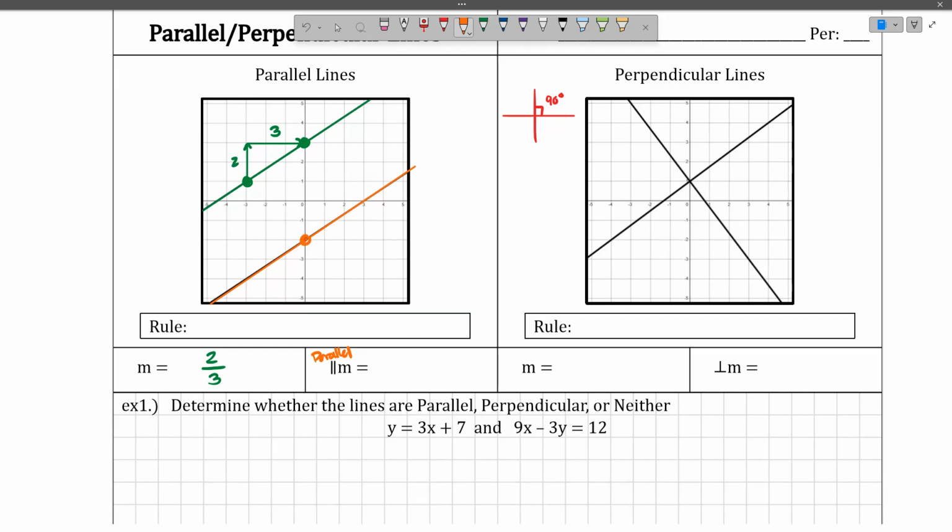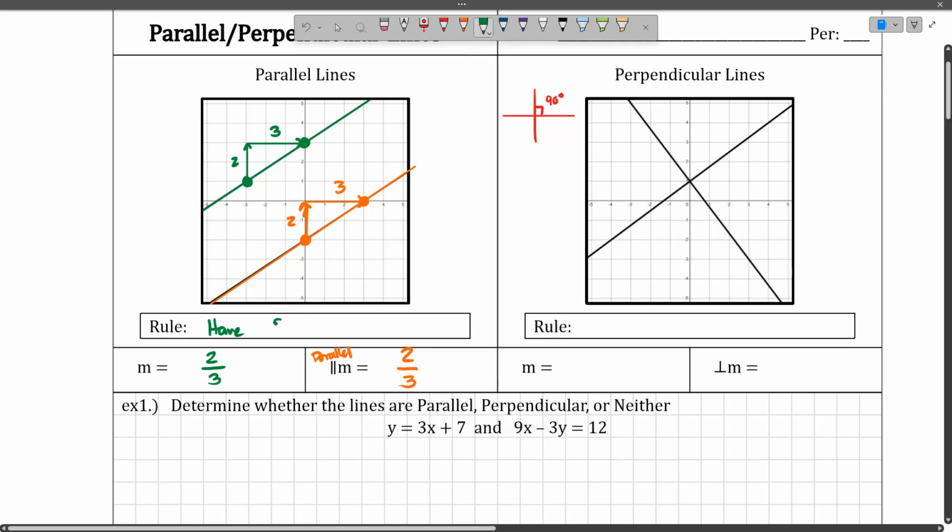The parallel slope, let's see it. We'll pick this point here and this point here. It goes up how much? 2 again. And over how much? 3. Huh. What do you notice? These lines are parallel. They are, I'm telling you. So what do you notice about their slopes? Bam. That's the rule. Parallel lines